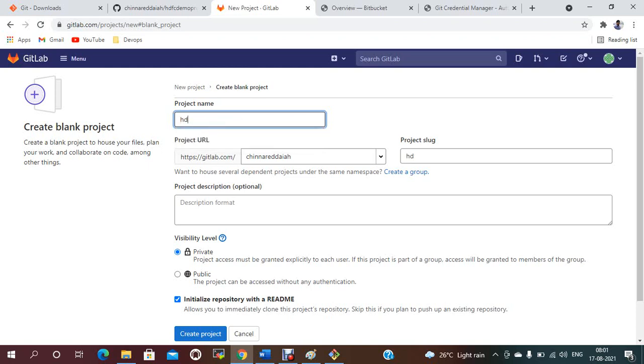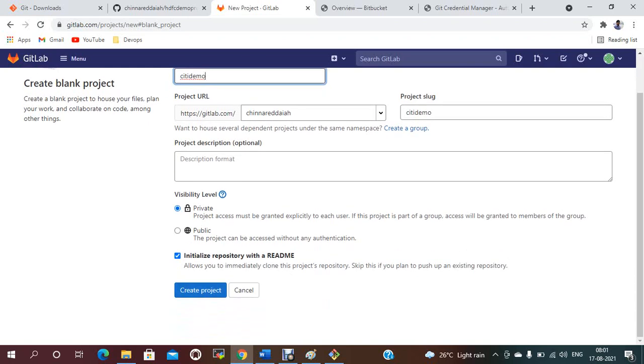HDFC or city something, city demo. Okay. So if you want, you can provide that. If you need a README file, you just need to select this one. Otherwise, if you don't need anything, just create the project. So before that, you just need to add git config username and password initially, not password, git